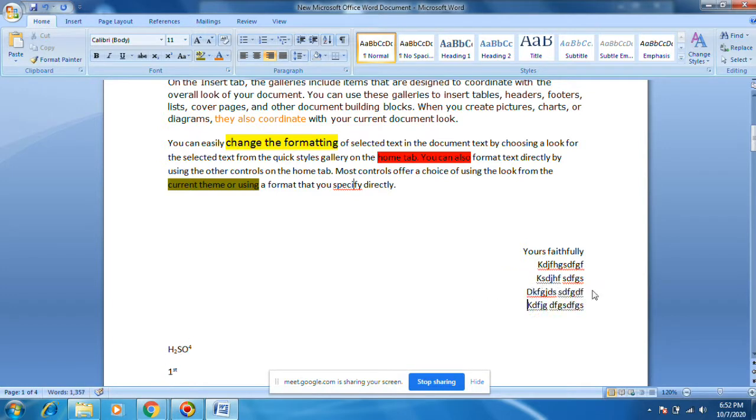This yours faithfully section should come on the right side, correct. For this you need to put align right. If you do align left, it will come here. Align right, it will come from the right side. If you increase the right indent, it will increase here only.